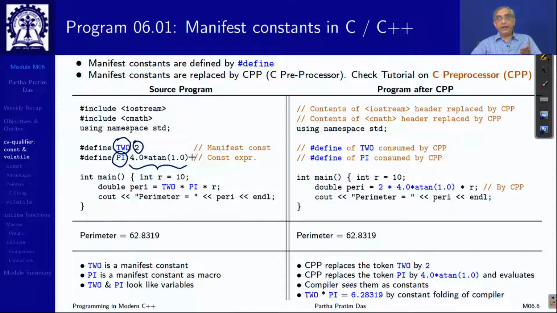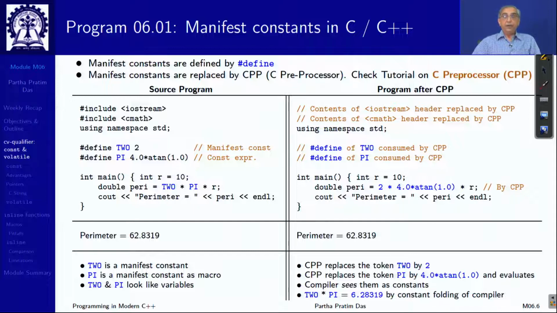So, what does that mean? atan basically means tan inverse. atan is the name of the function, which is tan inverse. So, if you do atan(1.0), that is tan inverse 1.0. We all know that tan(pi/4) is 1. So, tan inverse 1.0 is pi/4. So, if you multiply this by 4, you get a value of pi. So, this is a convenient way to get the value of pi to a great precision. So, now what